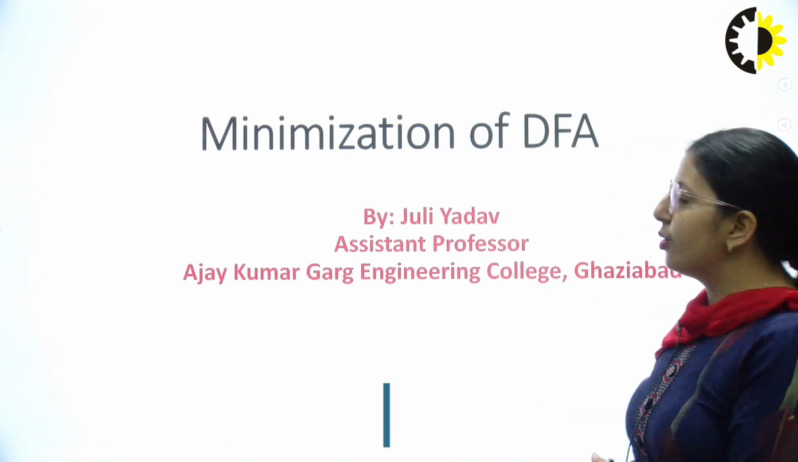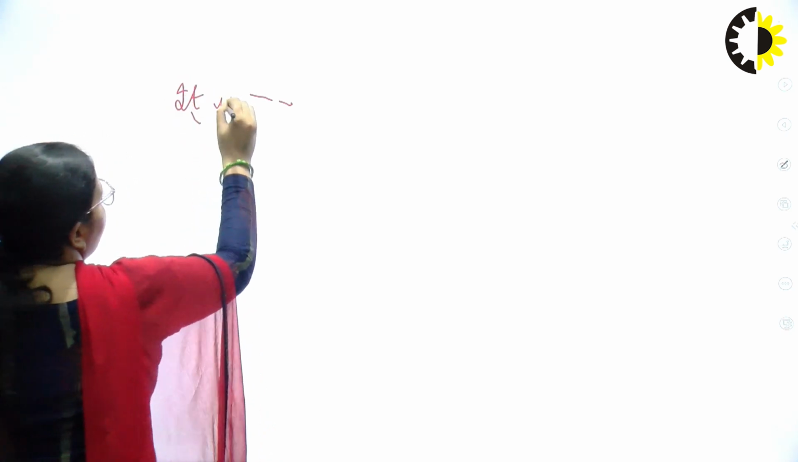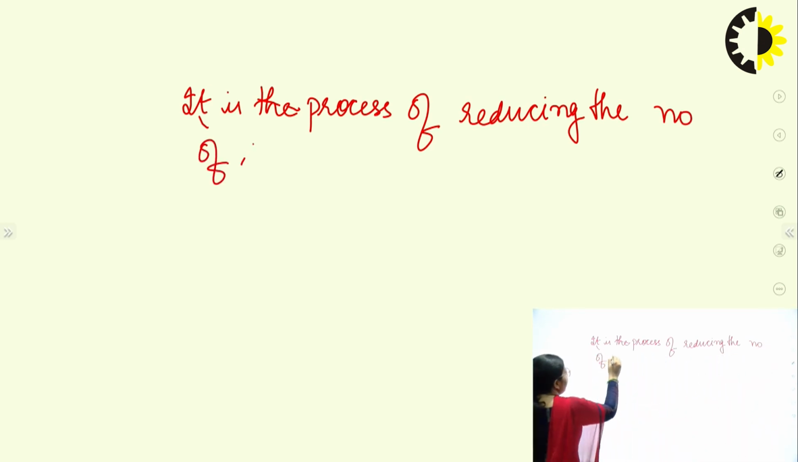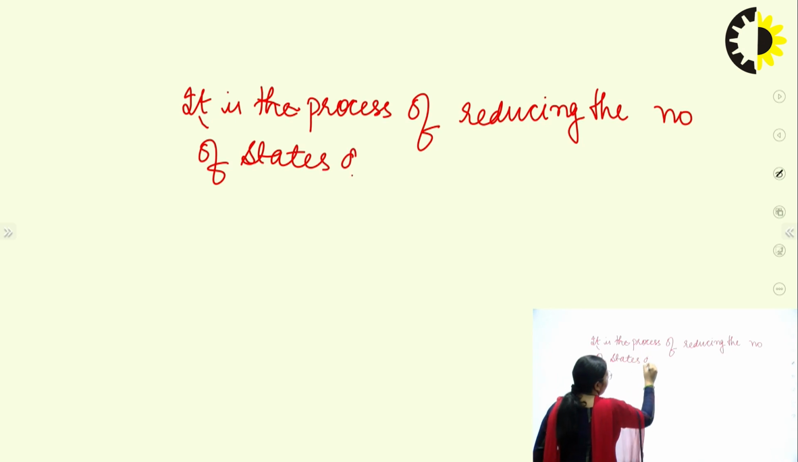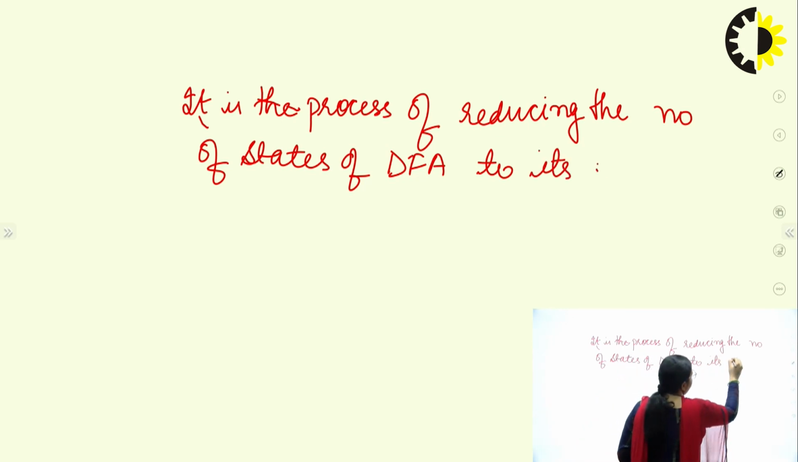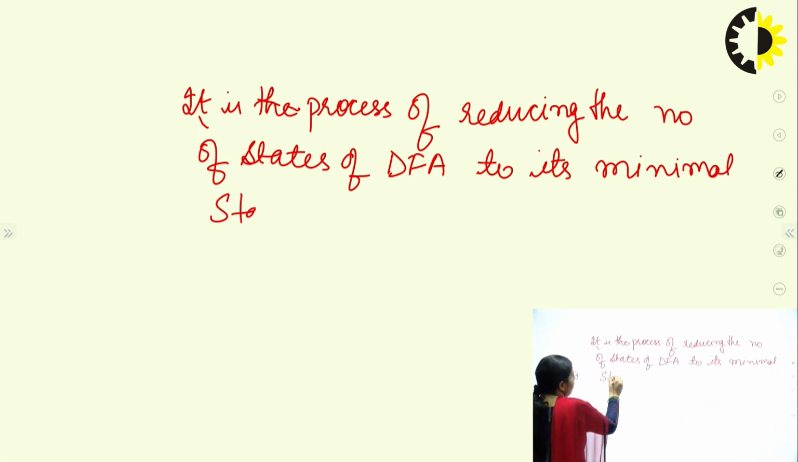So what is minimization of DFA? Basically, minimization of DFA is the process of reducing the number of states of a DFA to its minimum states is known as